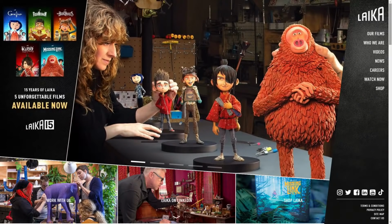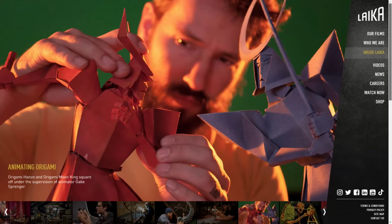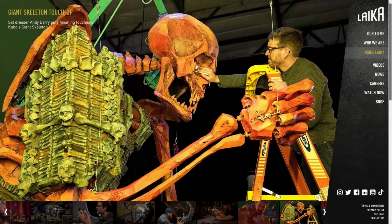We do a tremendous amount of scene cleanup. If you look at the stats on Missing Link, I think there were a small handful of CG shots in the film. Every single other shot, like 1,400 shots or so, was touched by our team, whether it was seams or rigs. I think there were about 1,000 shots of rig cleanup. So we have a tremendous role and a tremendous responsibility in cleaning up